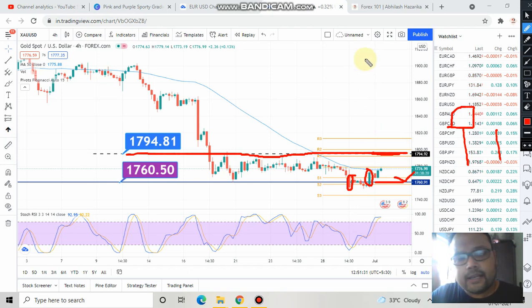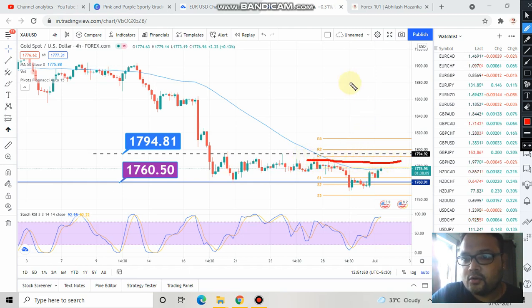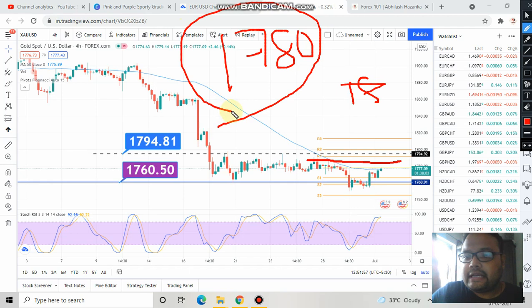And you'll get the confirmation in the form of a shooting star pattern, price rejection from above, or a red candle like this. And if bulls fail to take the price to this level, then there is a possibility that market will reverse from this level only, around 1780, because you can clearly see on the chart that market is struggling in the range, and more or less